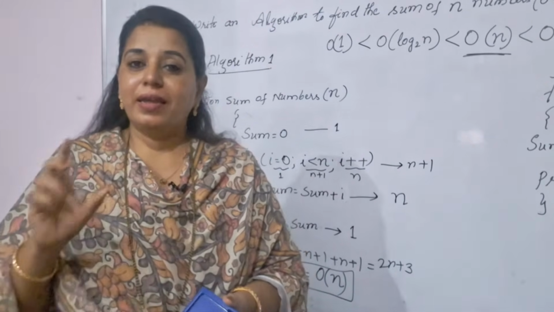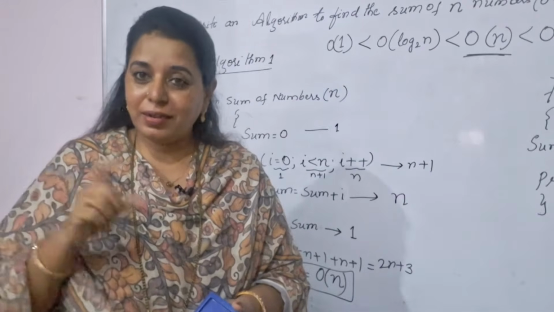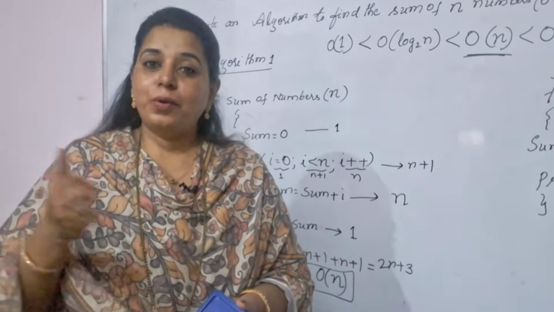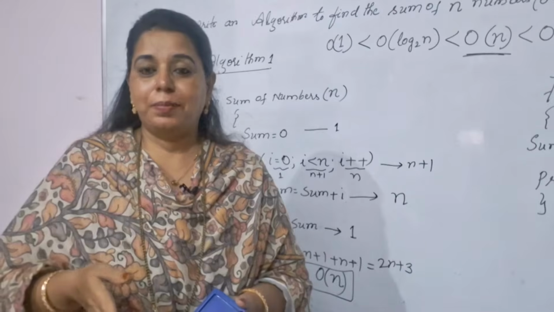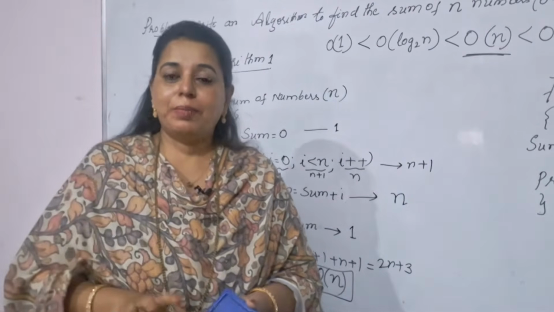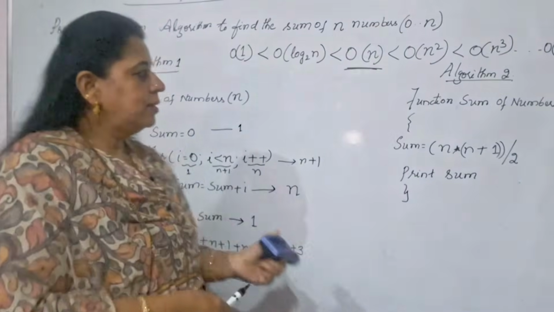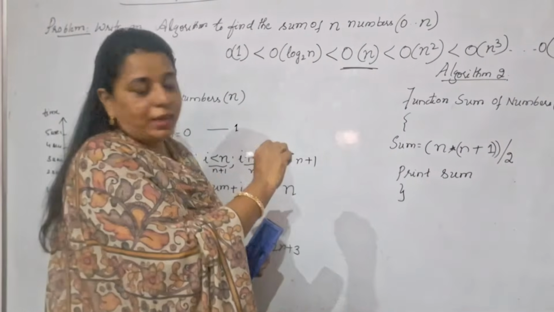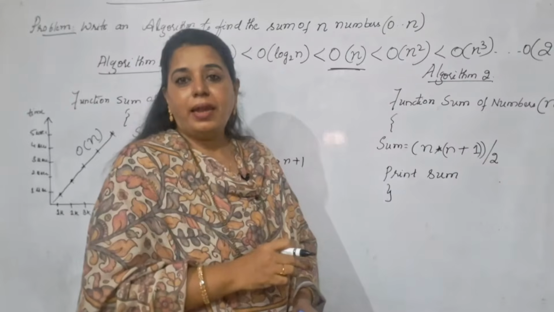Improving here is not a higher value for the time complexity. In fact, it is a lower value. So we can say how to reduce the time complexity of an algorithm. If we say improve, that means we are going to show that the algorithm takes less amount of time to complete its execution. See, second method, what logic we are using is, in order to sum up the n numbers,